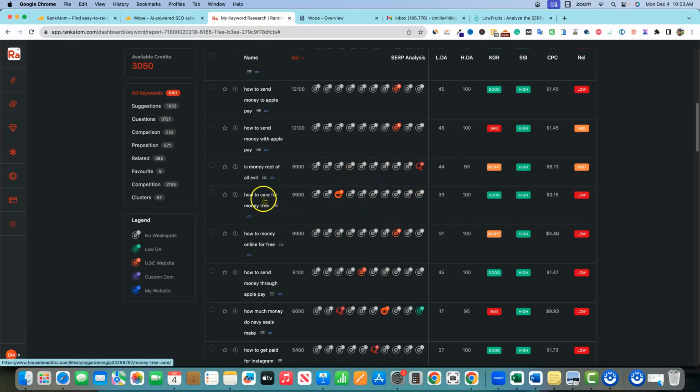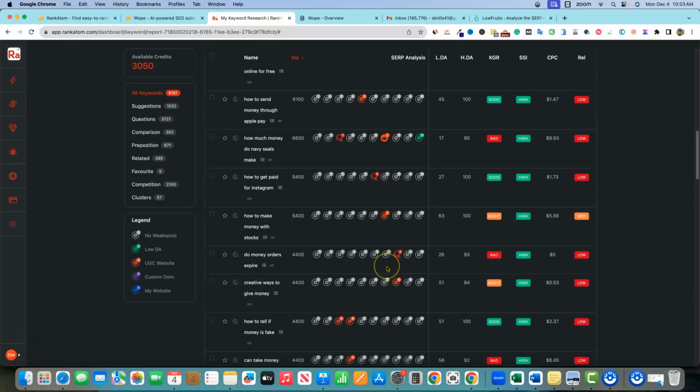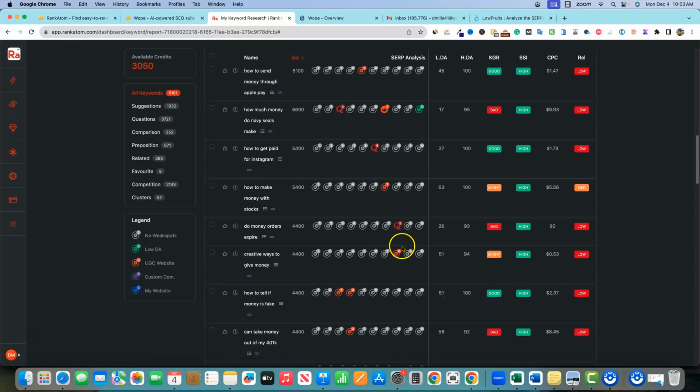Where I really probably wouldn't go for this, because this is very competitive. If you look at all the DAs over here, it's a very strong competitive keyword. And just because Reddit's ranking right there, or Quora, you're probably not going to be able to get on page 1 very easily anymore. So I'm really not using this in the way that they created the tool. And I'm not using this because I've heard from multiple sources that these